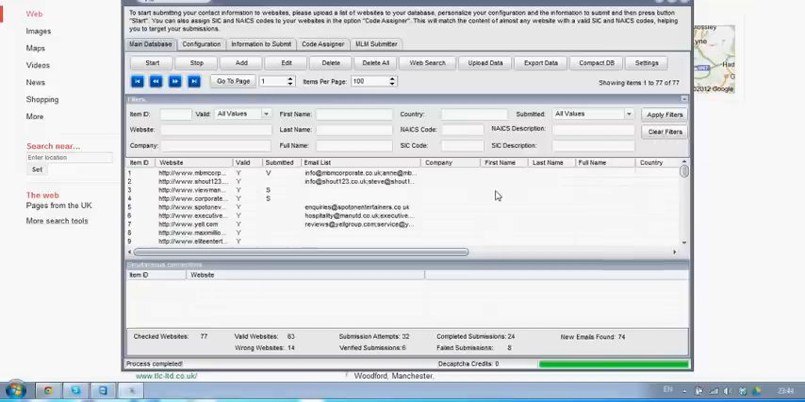Okay, so as you can see now, the time is now 23:44 and the process has actually been completed. So let's take a look at the results there. As we can actually see, it's checked 77 websites in total. There were 63 valid websites, which means that 14, just the links weren't valid, it just didn't go through to